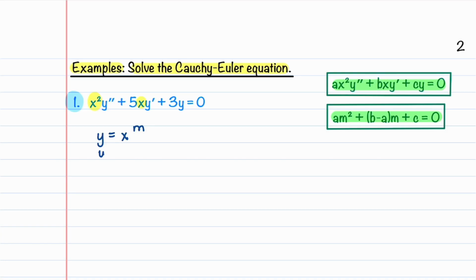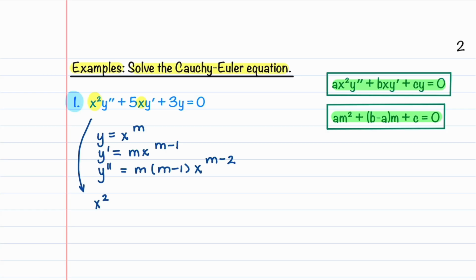Y prime is m times x to the m minus 1, m is a constant, and then y double prime is m times m minus 1 times x to the m minus 2. Now our equation becomes x squared times y double prime, which is m times m minus 1, x to the m minus 2,